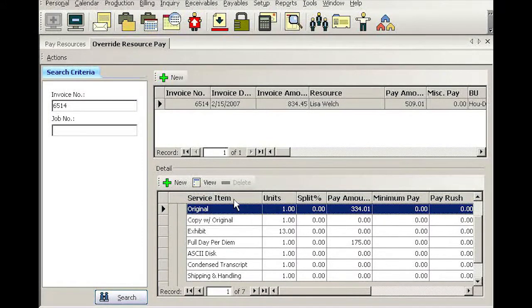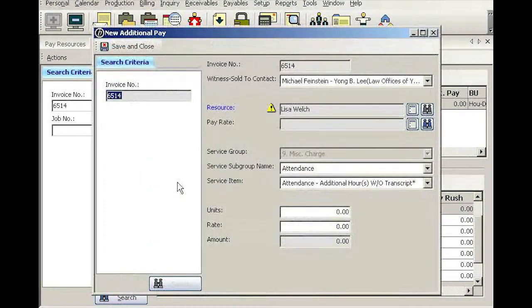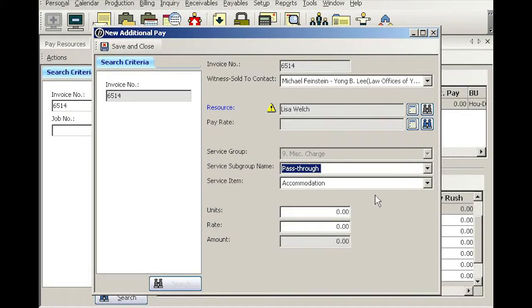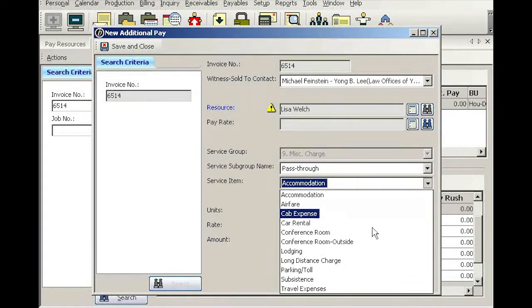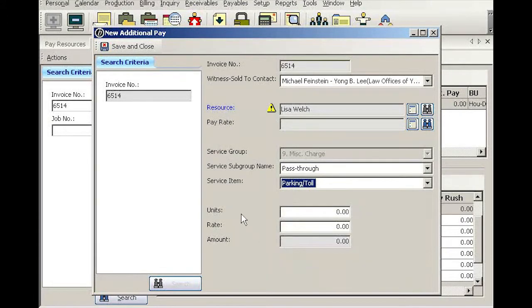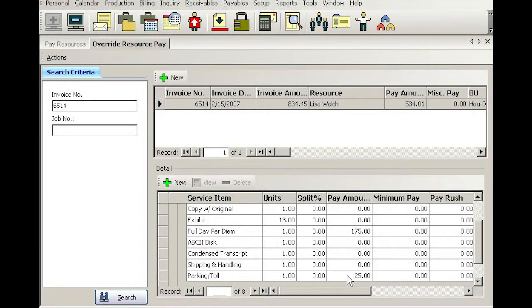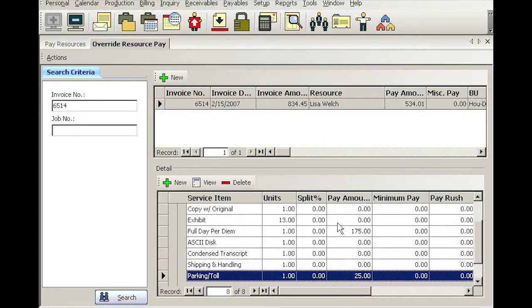So here I can simply click new, and all the information is already in there, and I can go to service subgroup and select the pass-through, which will show me all the items that are simply passed along to the client. And here I'll be selecting a parking toll, tab down and it says 1 unit of it, and then it's $25. So here I can just save and close, and this will actually add a line item to the detail,